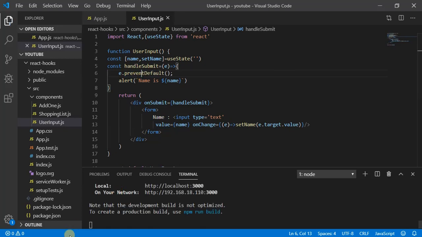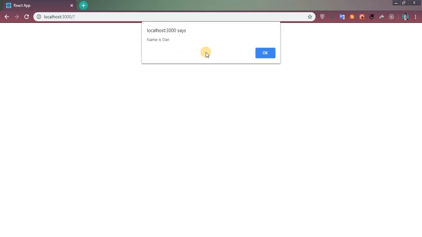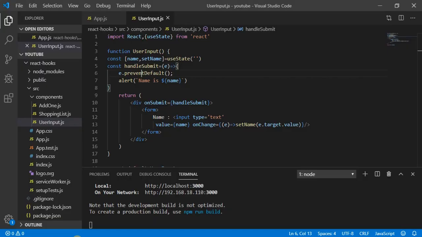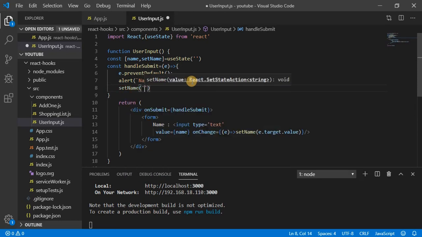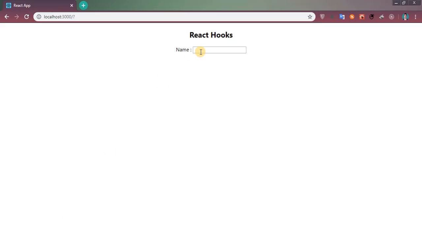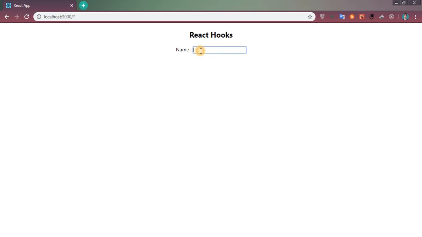So preventDefault. Now I can write Dan. Now you can see I am getting my name. Name is Dan. Once again I have to write setName with the initial value, right? So whenever I change it, I hit enter. Let's consider Dan, and the form is getting submitted and I am getting the alert. Now the value will not be here.